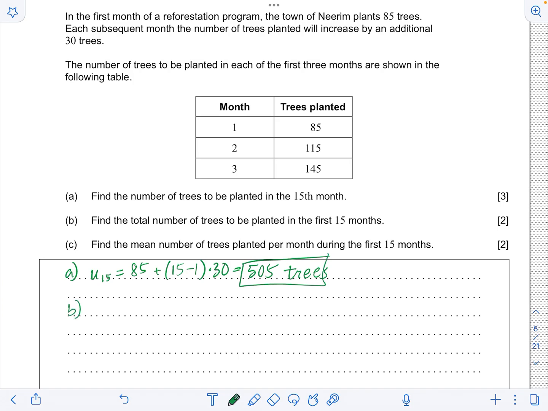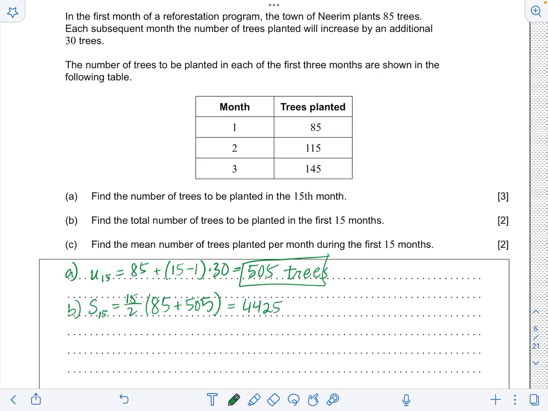Part B, though, wants the total number of trees. So this is where we're going to go back to that second equation you saw there in your formula booklet, S_n of 15, or the sum of the first 15 terms. Here we use n over 2, so 15 over 2, times the first term, which is 85, plus the last term, which is 505. And after evaluating that, you get exactly